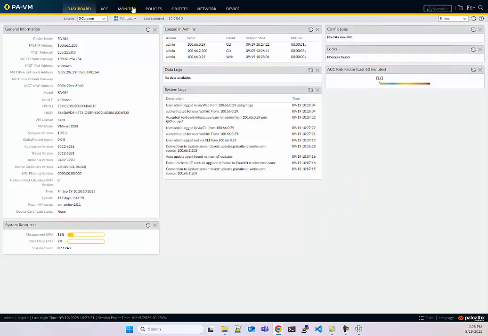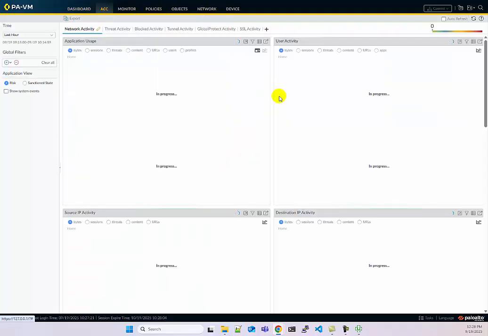Whatever that might be, I have full access to this device's web interface, and so I can troubleshoot and remediate that device without having to connect to it locally or over the network, which is probably broken in this scenario.